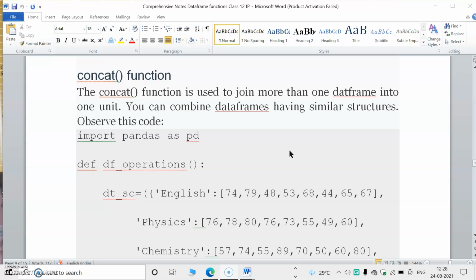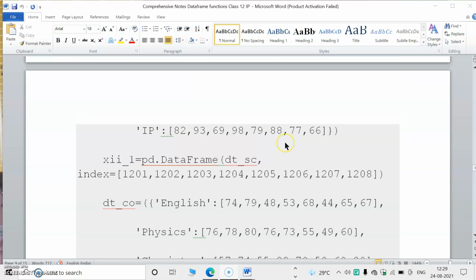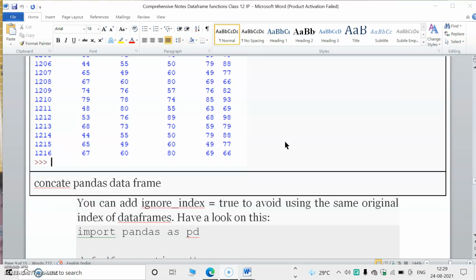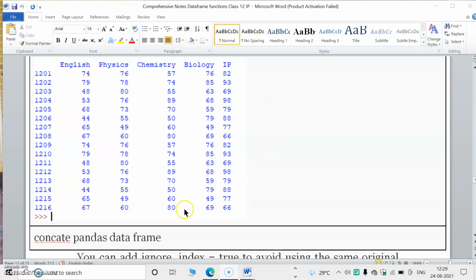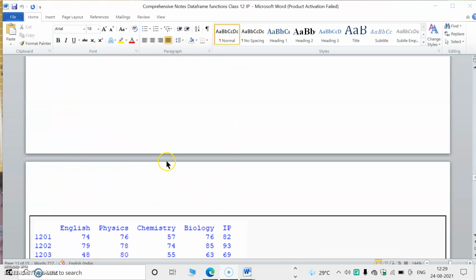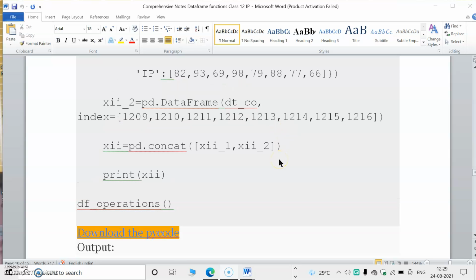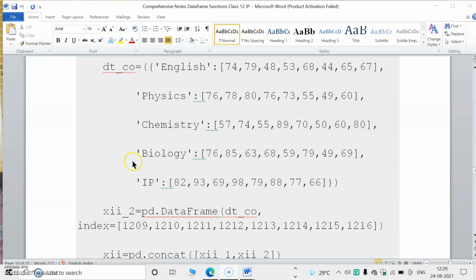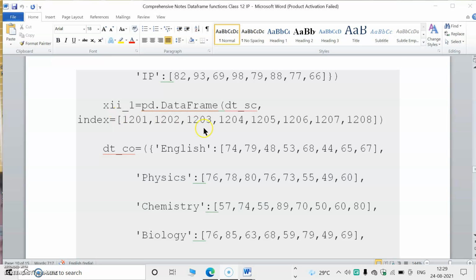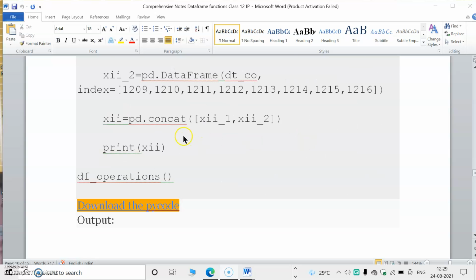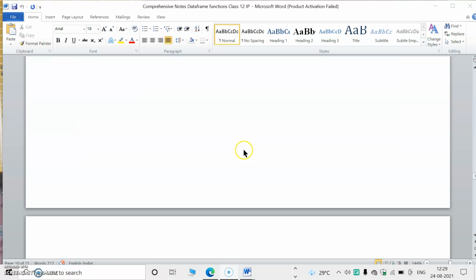Then what is the concat function? As the name implies, concatenation means we are combining 2 data frames into 1 unit. If there are 2 data frames, it will combine them and form a new data frame by using the concat function: pd.concat of xii_1 and xii_2. The first data frame, xii1, is concatenated with the second data frame.